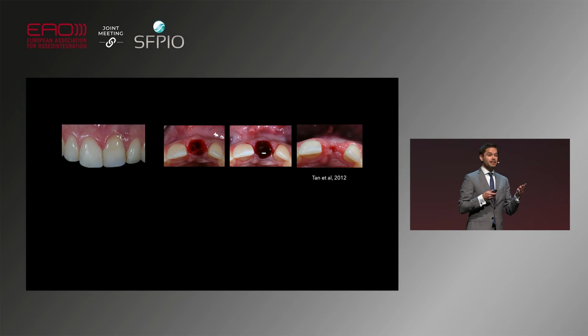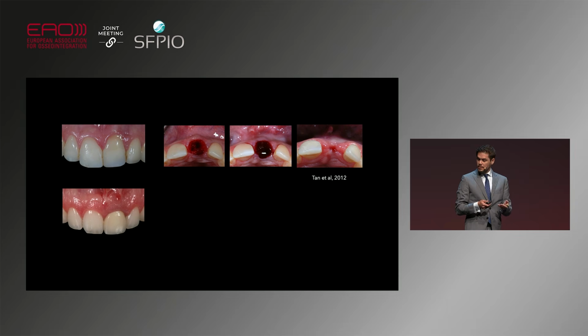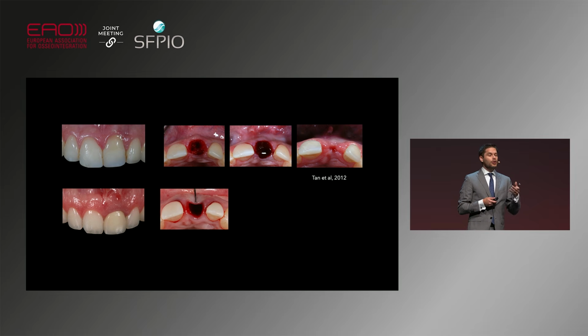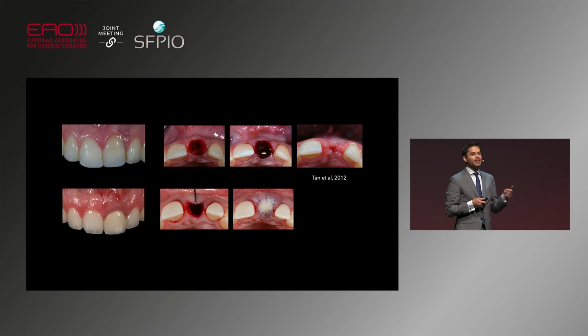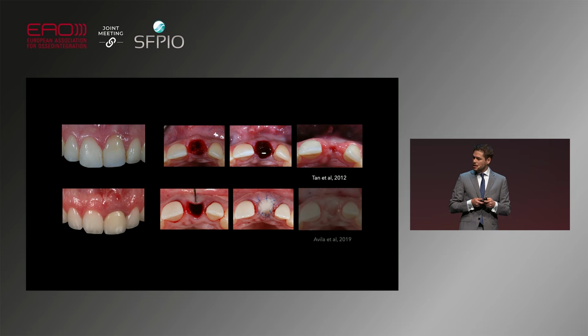But taking a case that is very similar, we do something different. So here, once again, a tooth that is hopeless with recurrent periapical infection and no buccal plate. And what I'm going to do for this patient is some socket filling. I'm going to put a biomaterial inside the socket, I'm going to put a membrane on the buccal aspect, and I'm going to seal the wound with a free gingival graft. And this is what I see. This is